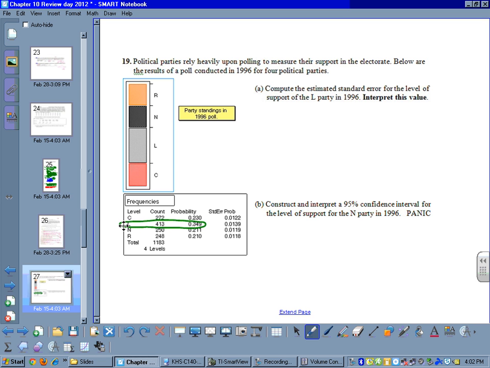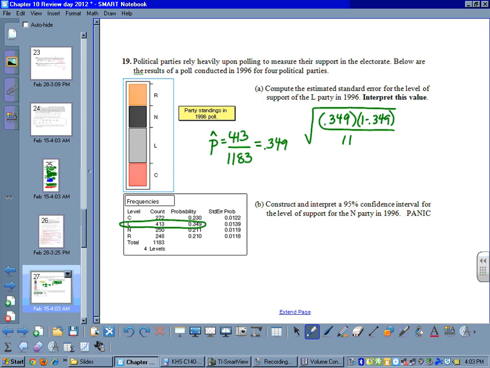We know that the p hat for the L party is 413 out of 1183, and they happen to nicely tell us that that is 0.349. So to find the standard error, I'm going to take 0.349 times 1 minus 0.349, and I'm going to divide by the sample size, which was 1,183. And if I calculate that,